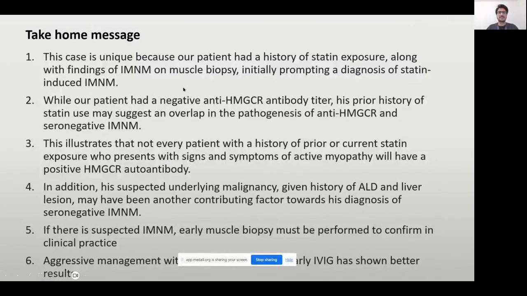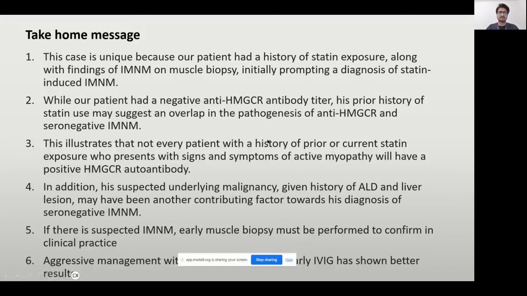So the take-home message is that this case was unique because our patient had a history of statin exposure, and muscle biopsy found immune-mediated necrotizing myopathy. And we initially thought the diagnosis was statin-induced immune-mediated necrotizing myopathy. Our patient has negative HMG-CR antibody,